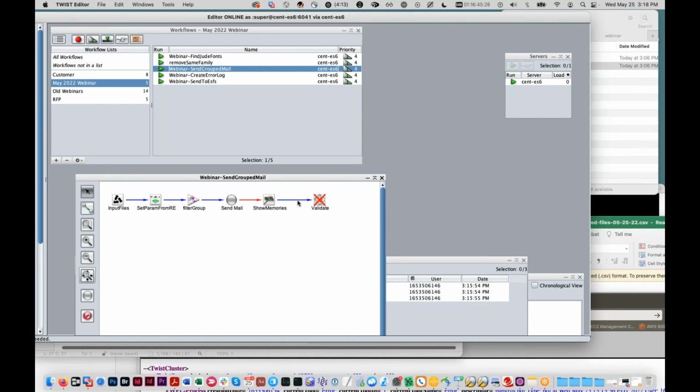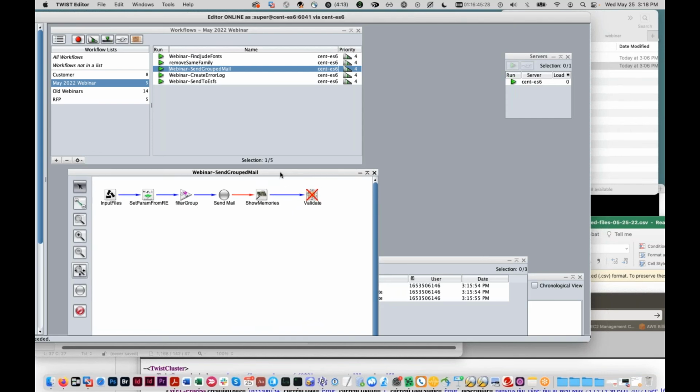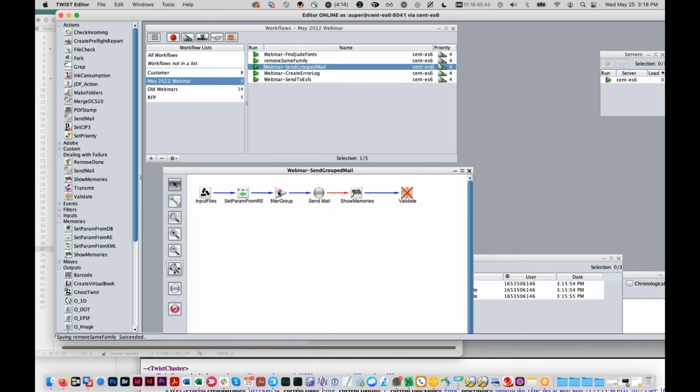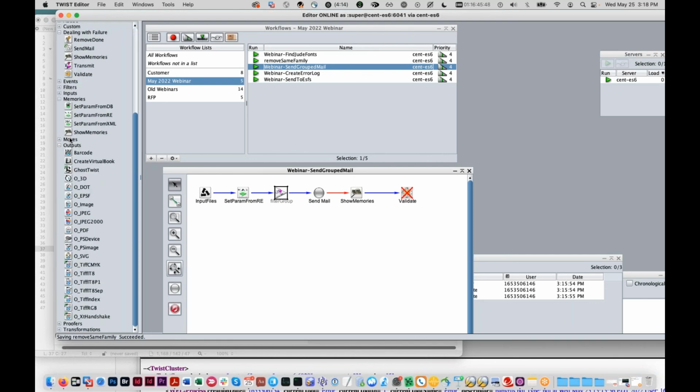We had a customer asking for a way to send grouped emails in TWiST, where they wanted emails that had a bunch of files attached, and they didn't want those files zipped. The standard way you would handle this in TWiST would be to use a filter group to match up a bunch of files, use the compress tool to zip them together, and then send a zip file via sendmail. But that customer didn't want to do it, I think because they wanted to delete certain files before forwarding them on, or because a lot of workplace email providers will filter zip files since they could contain malware. So